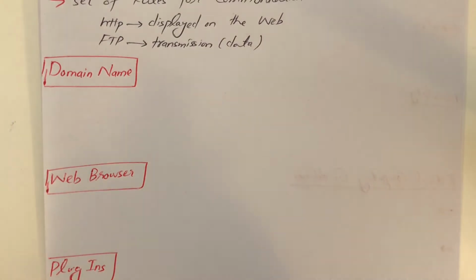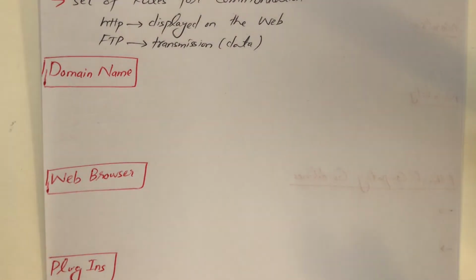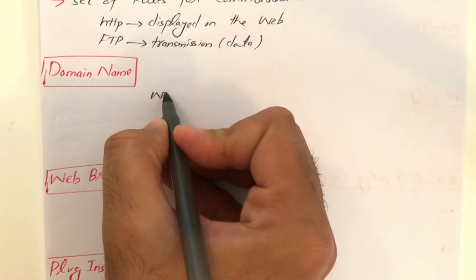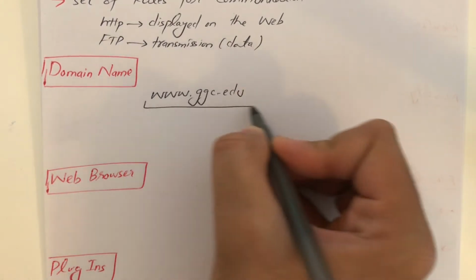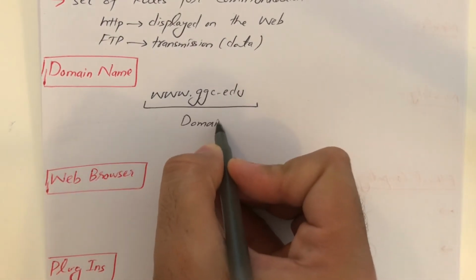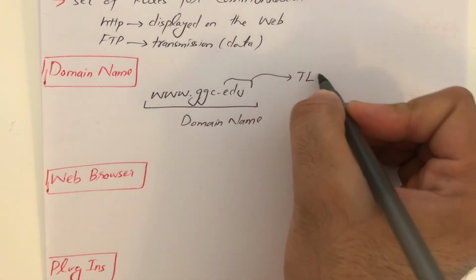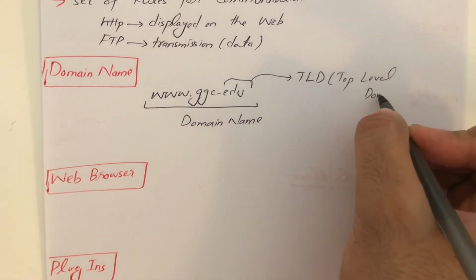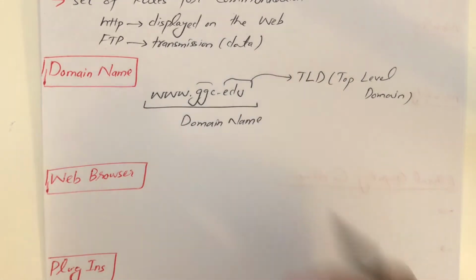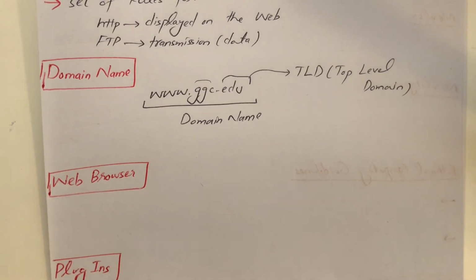Domain name, as I mentioned earlier, basically identifies the company name and their nature of business, something like that. www.ggc.edu. That's called domain name. With .edu, it is called TLD. Please remember, top level domain. Okay, and ggc is basically the name of company, name of the server. .edu is the nature of business, also called top level domain, the highest level in the domain name hierarchy.